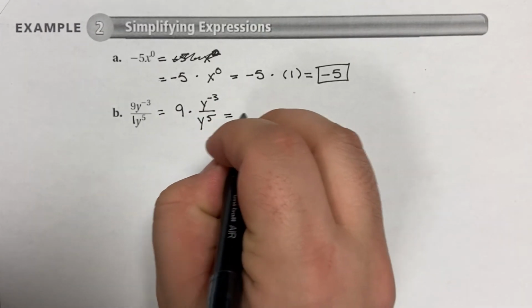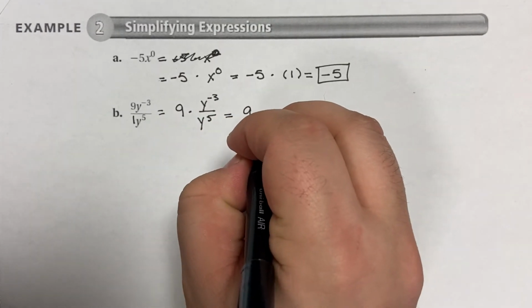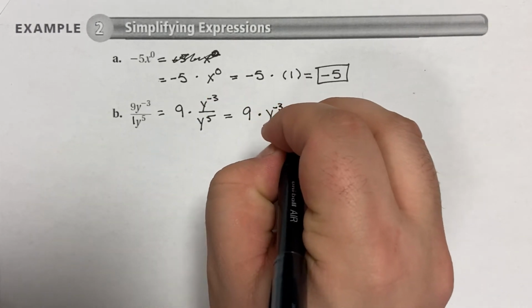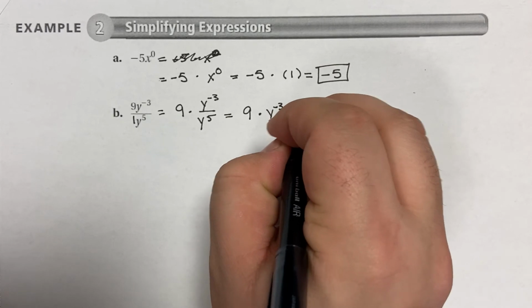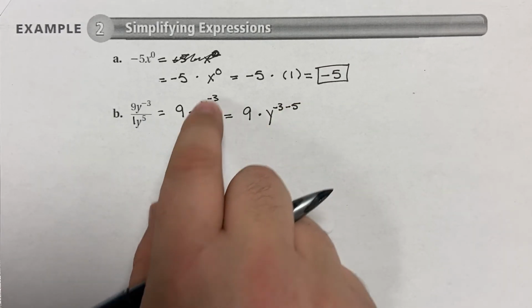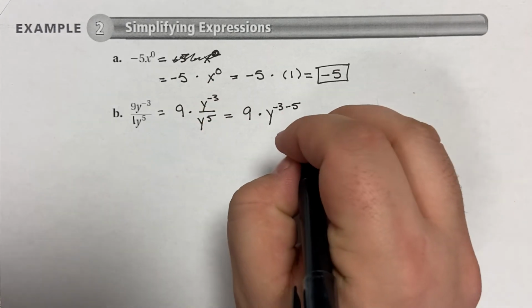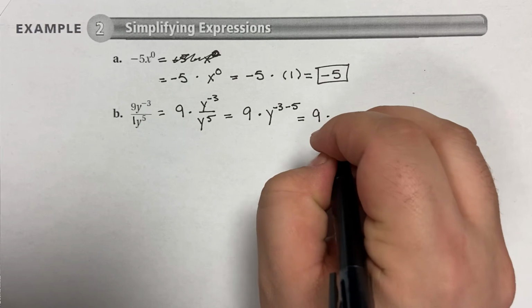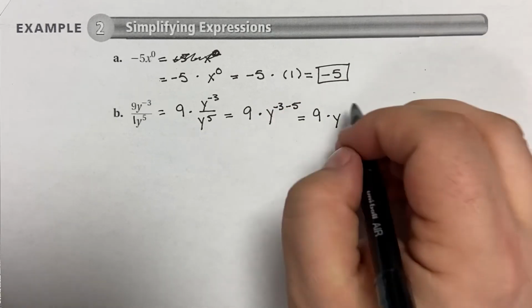So that means I now have 9 times y to the negative 3 minus 5, because anytime we divide like bases, we subtract their exponents, and that's going to be 9 times y to the negative 8,